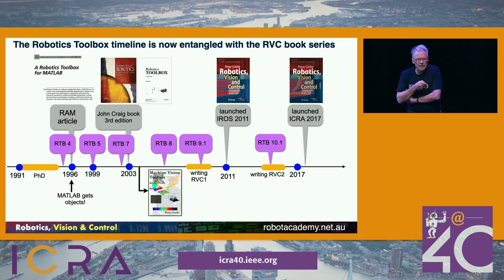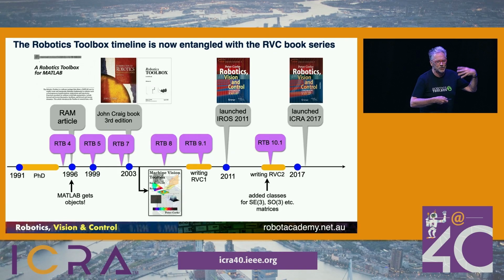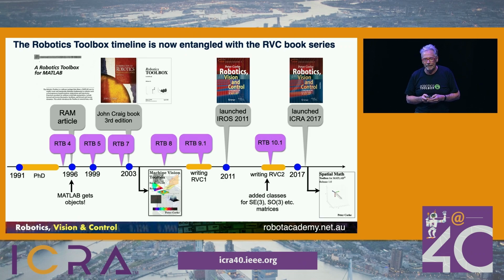The Toolbox was everything that I thought was cool. So early days, it had vision functions as well as robotic functions, so I factored them out in the early 2000s, and sometime there, but 2016, I added classes. So instead of just representing an SE3 matrix as a normal MATLAB matrix, which is a completely general 4x4 matrix, a class enforces everything that makes a matrix an SE3 matrix. And then sometime later, I factored out all the functions that did manipulation of the fundamental representations